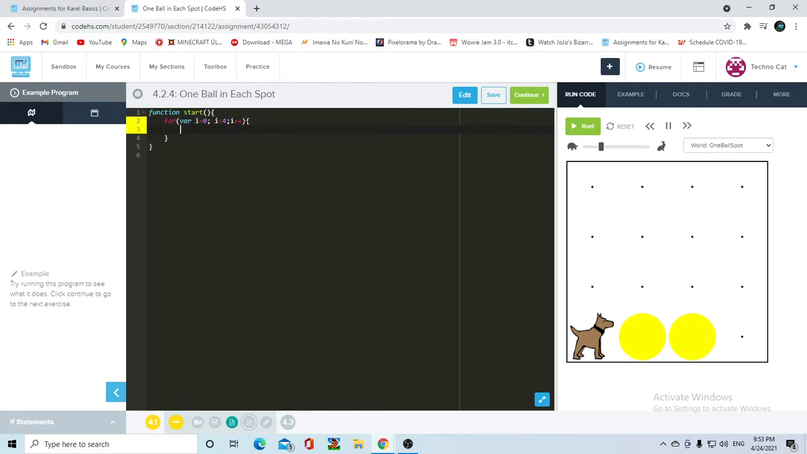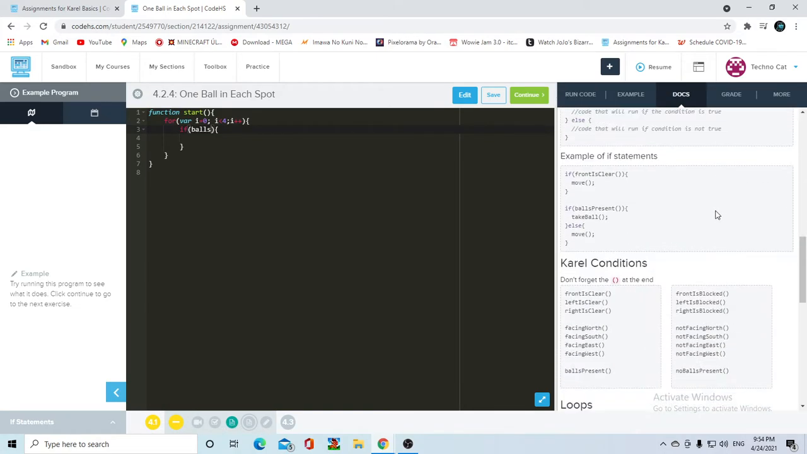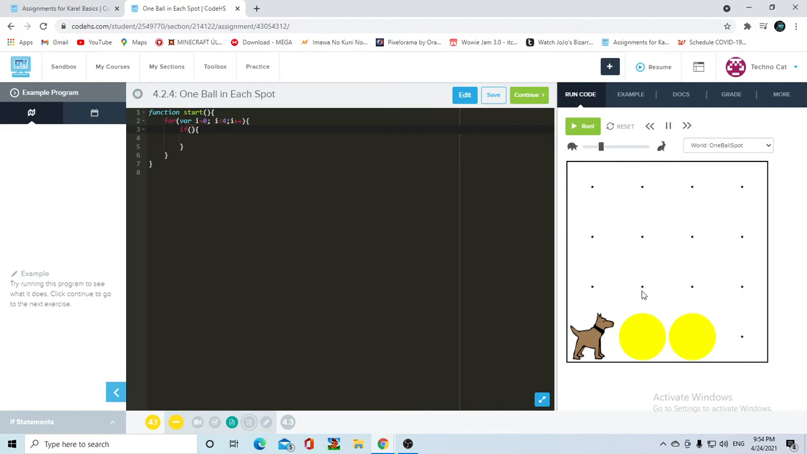And now after this, we can make Carol do an if statement. If balls not... Oh, wait, I forgot how this one... Now, don't worry about learning every single piece of code. You're going to use your documentation for literally any language. So, if there's no balls present... No, actually, Carol has to check up front if there's a wall or not, so to see if it is safe to move. So if front is clear,